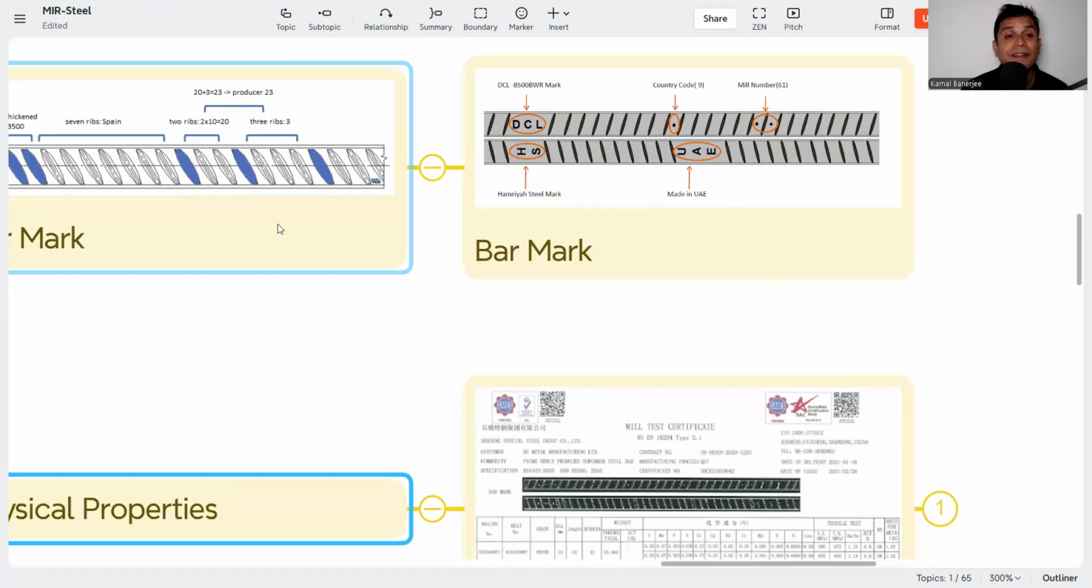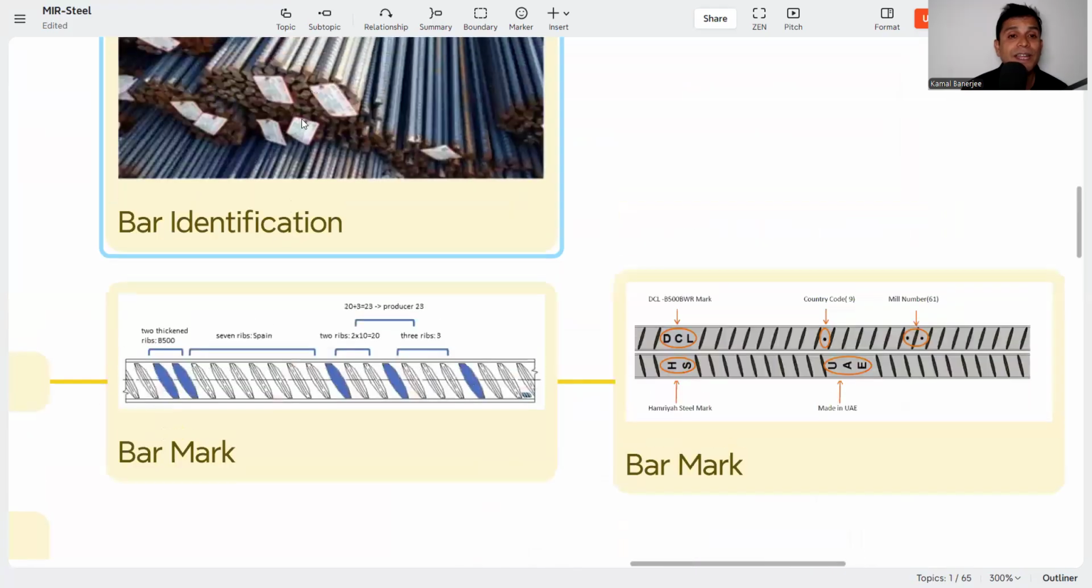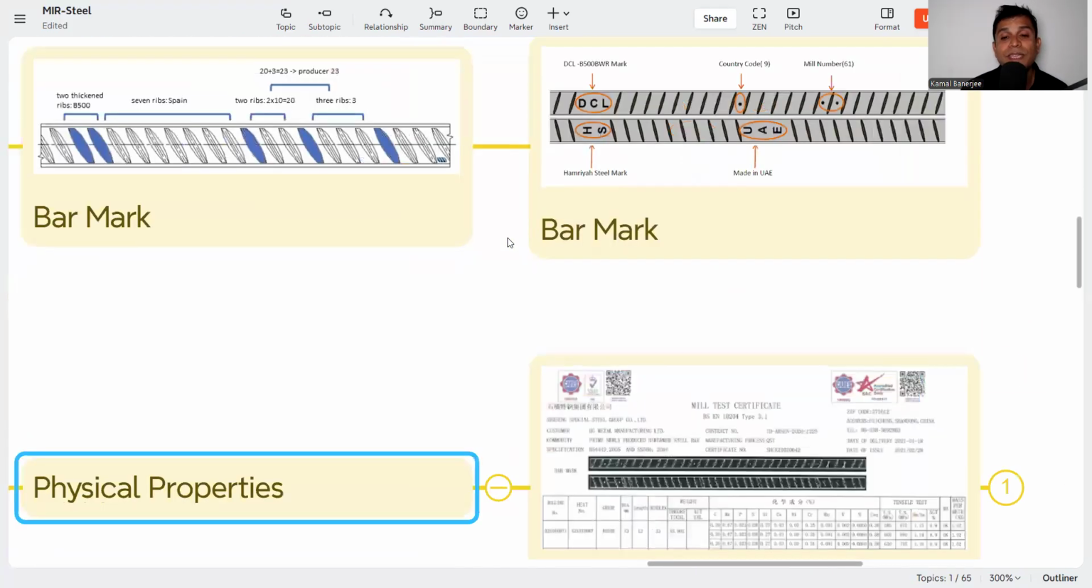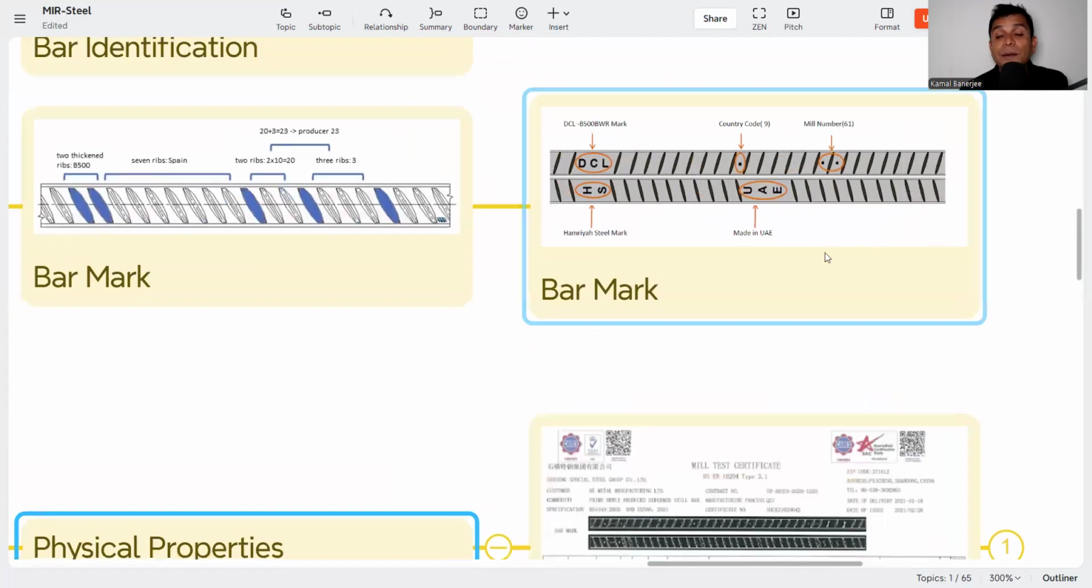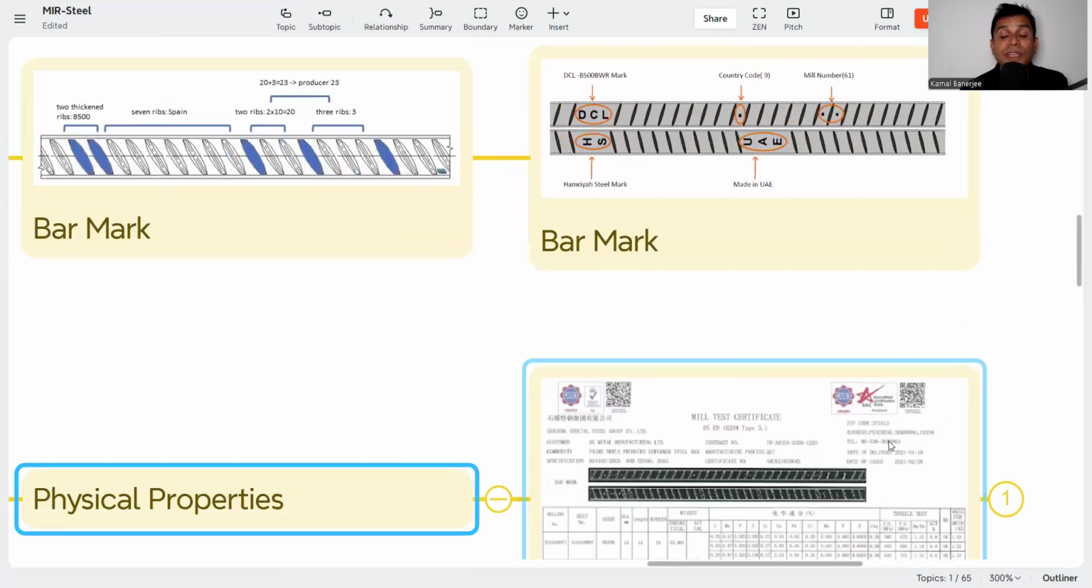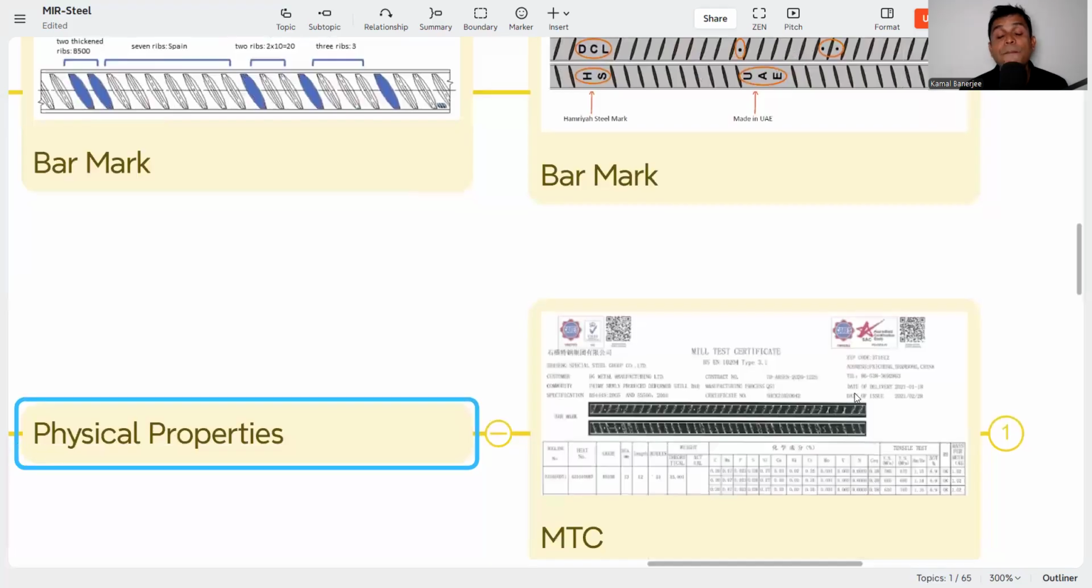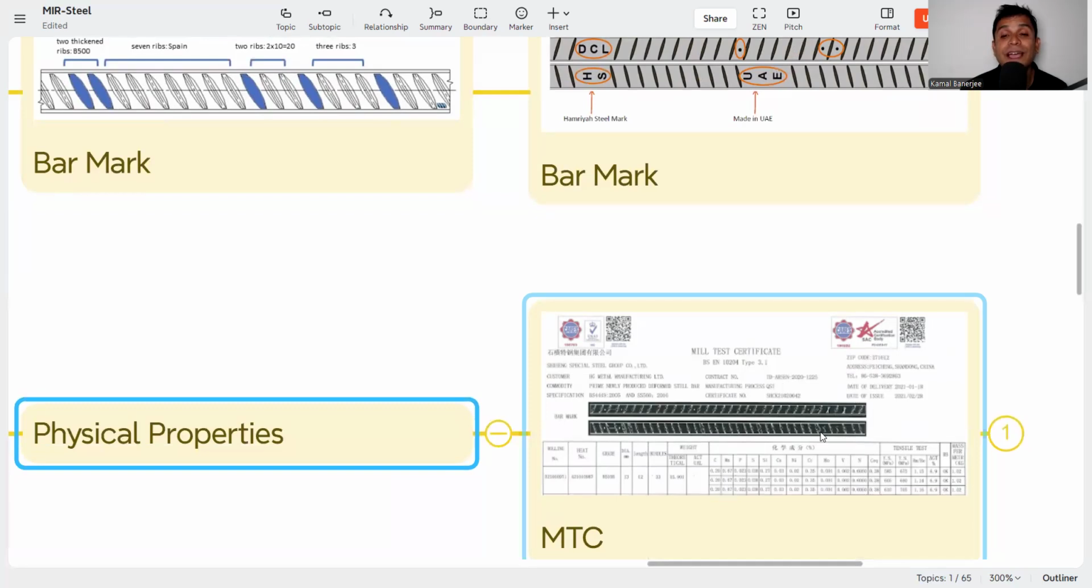Here the cast number or the heat number is written. So here also the cast number or the heat number is to be mentioned. Now we need to first identify the bar mark, then the mill test certificate, that is, the mill number. Here is the same mill number you need to check. Then you need to check the heat number or cast number, and accordingly you need to say that this bar